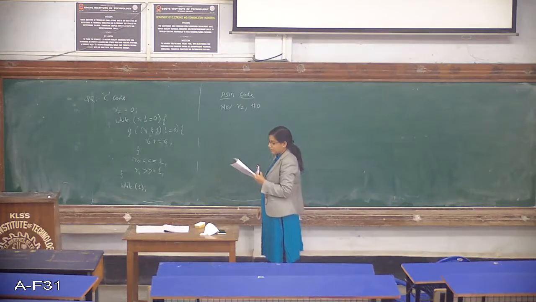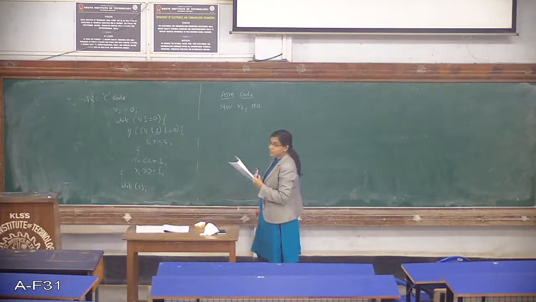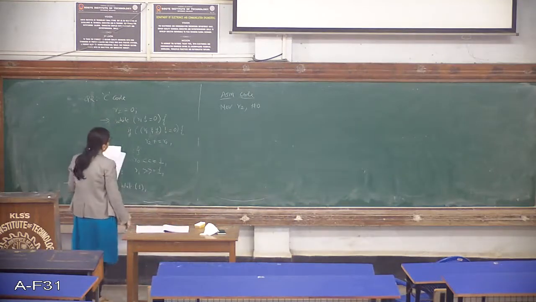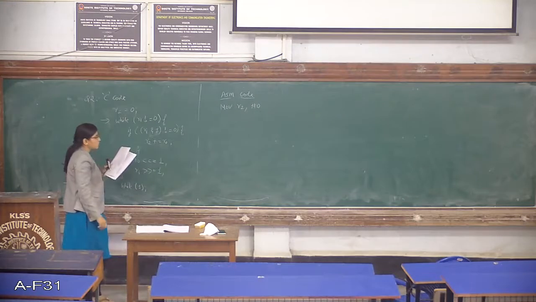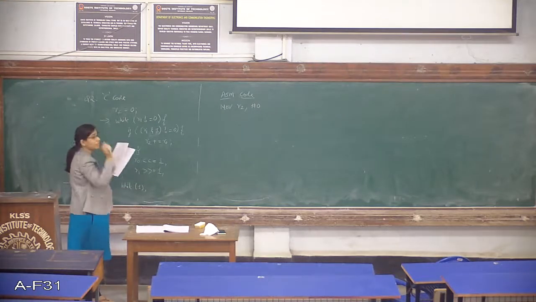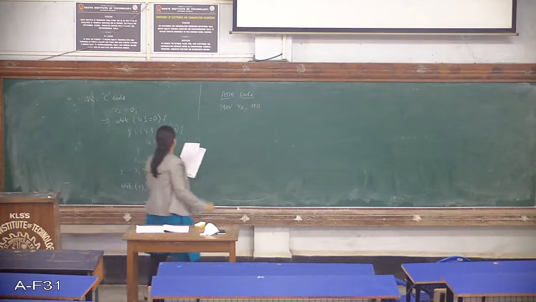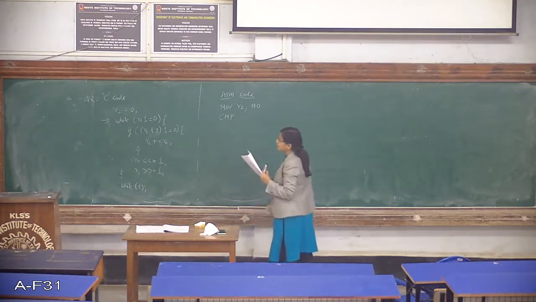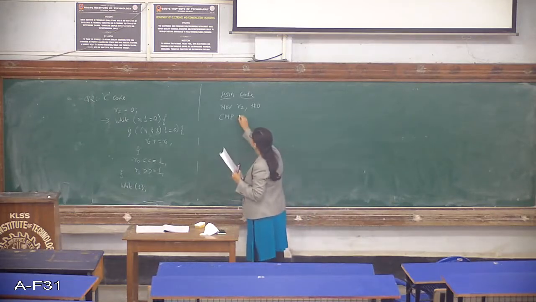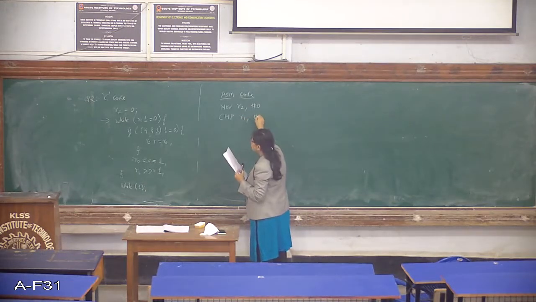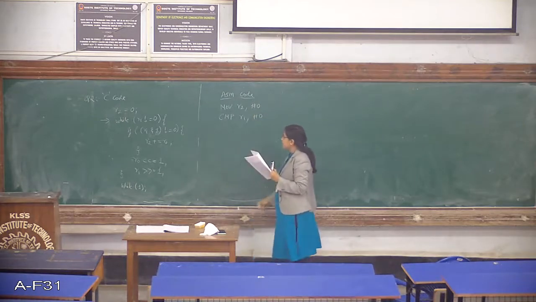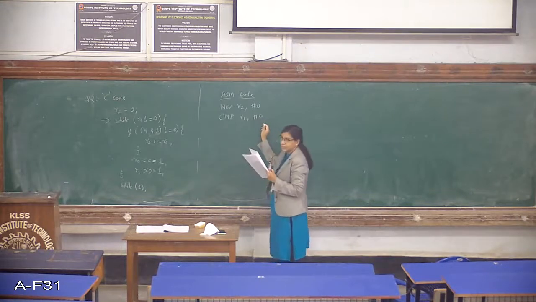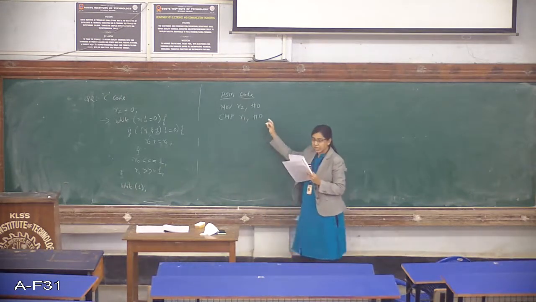Once we have done that, what is the next instruction here? It is nothing but the while statement. What is the while statement given here? While R1 not equal to 0. So what you are doing is comparing R1 with 0. When you are comparing, you are going to use the CMP instruction, which is nothing but the compare instruction. You are comparing R1 with the value 0. See that you mentioned the hash sign. The hash sign indicates that it is immediate data. This is only to indicate that this is a data value.